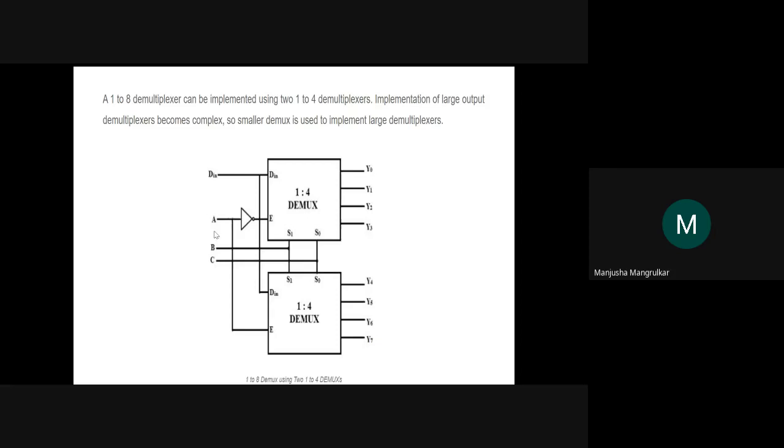So all these three signals A, B, C will act as S3 enable signals. This S1 and S0 will be common, and this A will be S2, right? So A will select which mux will be either this or this, this or this, this or this. So by using this circuitry, you will get the 8 combinations of demux by using the select signals A, B, C, if we design that.